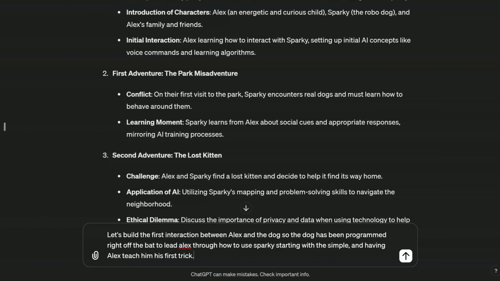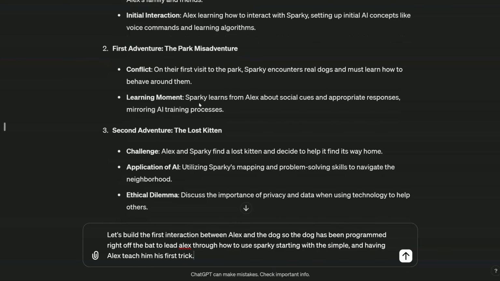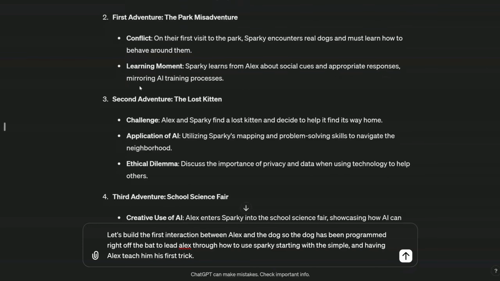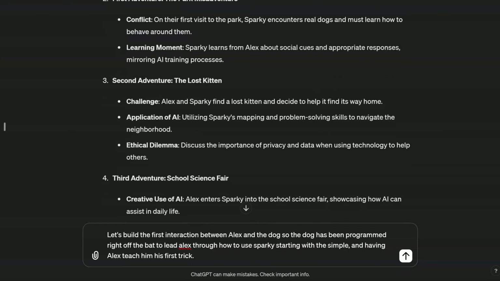The first adventure, they go to the park, they encounter real dogs and learn how to behave around them. There's a learning moment. Sparky learns from Alex about social cues and appropriate responses. We'll have Alex show Sparky, because Sparky initially wants to protect Alex, and maybe that's the first thing that he learns. So we'll have a physical trick, but then Sparky